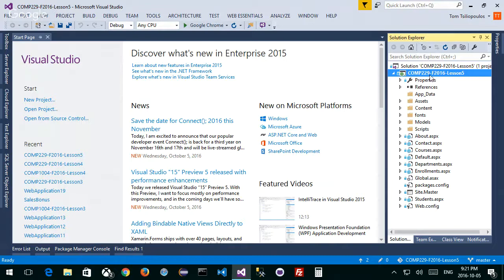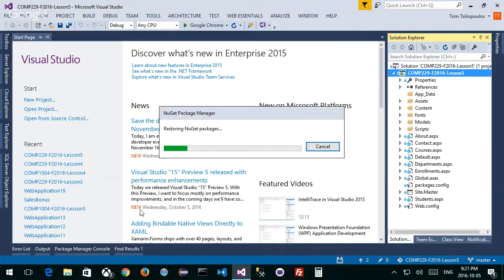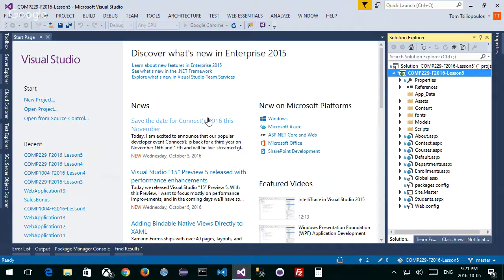So here's COMP229 Fall 2016 Lesson 5. We haven't changed anything. All we did is make a new project from the old one, right? I'm showing you this because you may have to do this yourself, and I know some people run into some problems. Let's run it. First of all, I'm going to build my solution. Now notice that we just replaced my NuGet packages. Whenever you make a template from it, or open up a template and create a new project from a template, it has to replace your NuGet packages. Next, I'm going to run in Chrome.